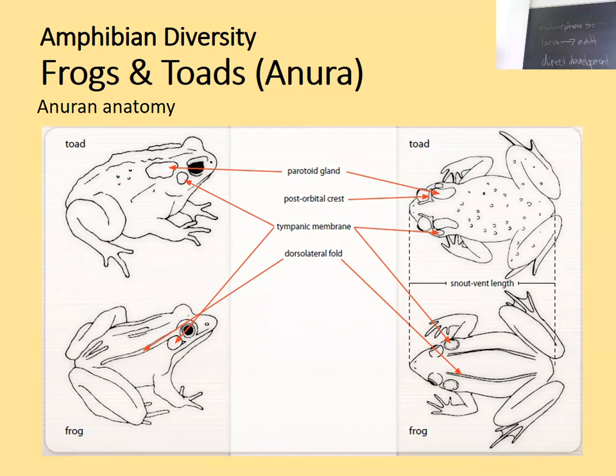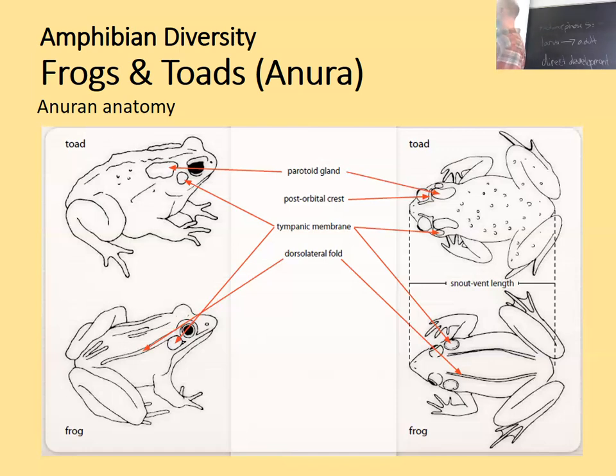gland. They have the tympanic membrane, which is their ear. And if you've seen bullfrogs, you see their big old tympanic membrane, just kind of lateral and a little bit inferior to the eye. We have something called the dorsolateral fold, which is this line that goes generally from the back of the head all the way down to where the leg meets the body. It's like a fold of skin. Some species have it and some don't, and that'll be a defining characteristic.